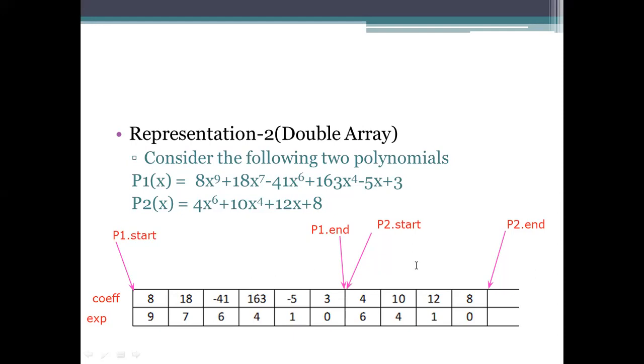Whenever we reach the end point of that, meaning whenever the P1 of x degree value has reached 0, it will start reading P2, that is the polynomial 2 value here. This polynomial 2 will have the highest degree 6, 4 and then 1 and then 0, and it will be plotted. Whenever it reaches 0, it will stop accessing polynomial 2 and store that as the final one here.